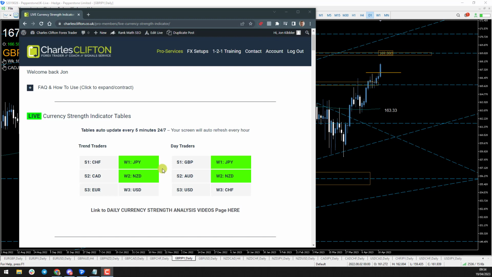Here you can see we have our two tables in front of us. We have the trend traders table and the day traders table. These are the same studies but just highlighting different time frames. You can see here only a couple of the currencies are highlighted in green today. That means there's a confluence between those currencies on those time frames, and that's where we're focusing our attention in